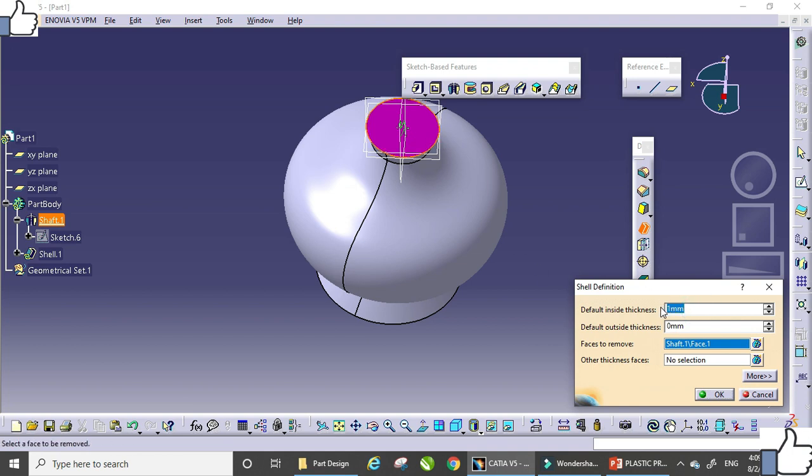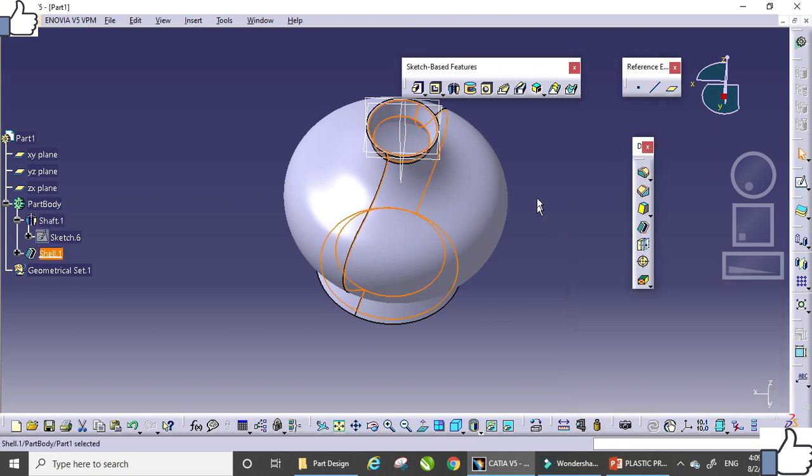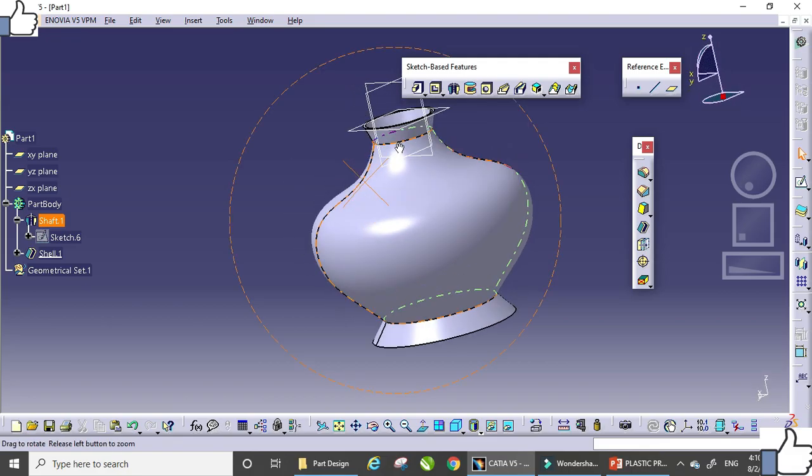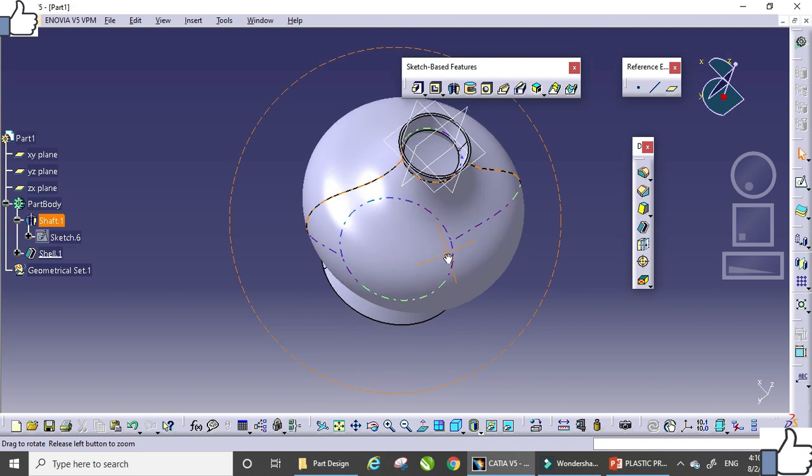Whatever thickness you want for your part, you can give the default inside thickness here, and just click OK. So you can see this hollow flower pot is created here.